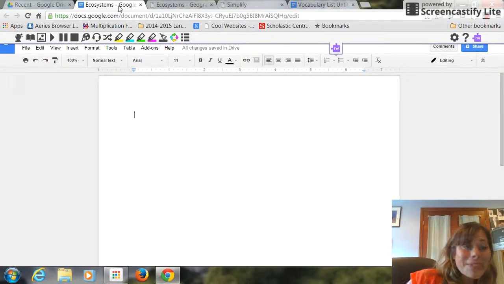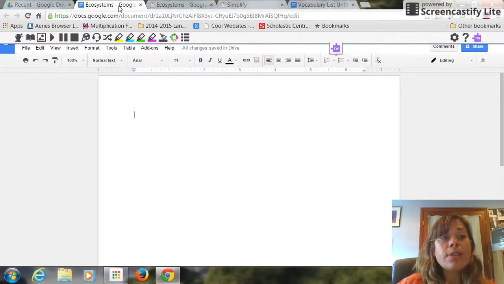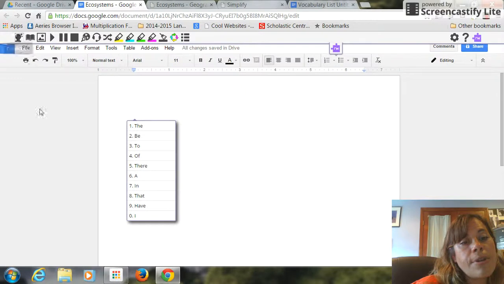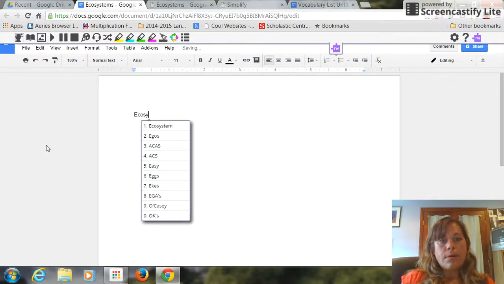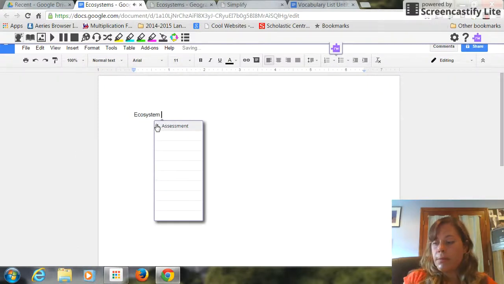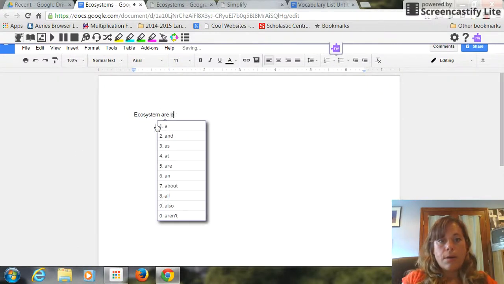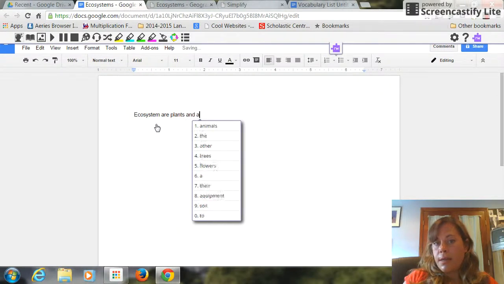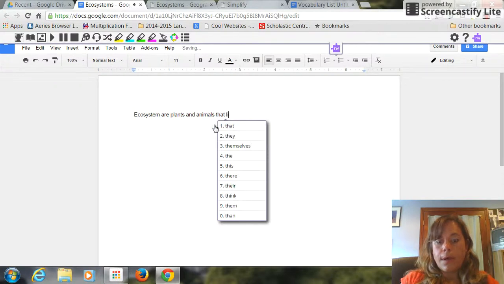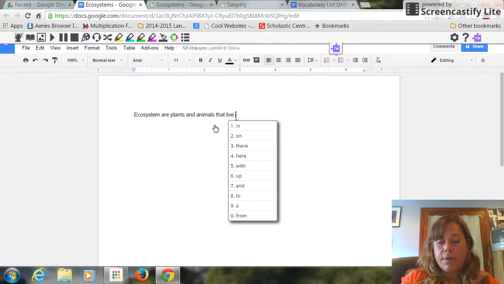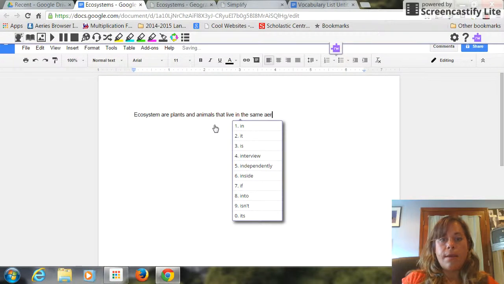But now, here's the real exciting part. Not only does Read and Write for Google support multiple ways of representation, it also supports multiple ways for expression. So now I'm going to come over here and write. I'm going to hit my prediction tool, and I'm going to start with ecosystems. There it is. Ecosystem are plants and animals that live in the same